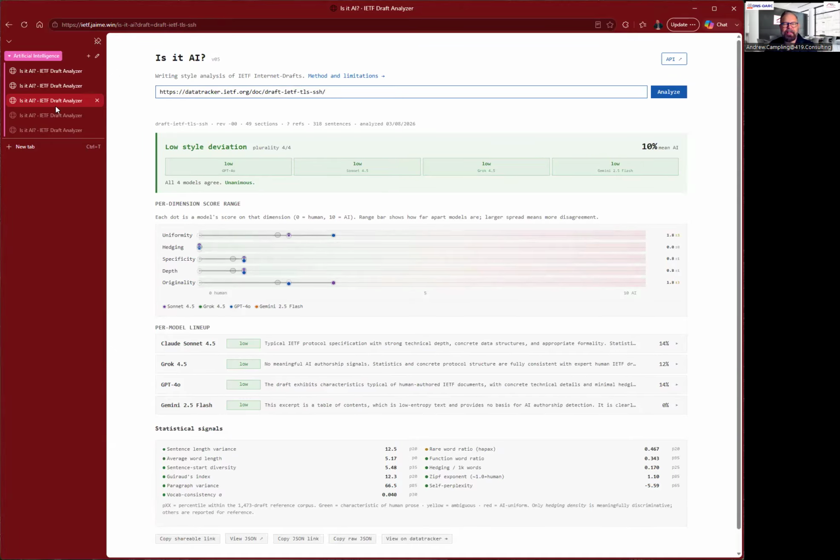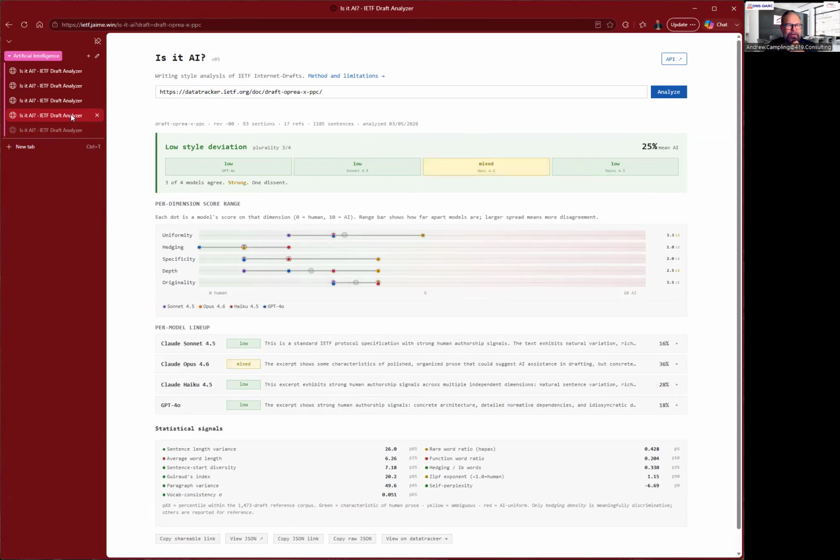I looked at a really old draft, and that came to a 10% score of likelihood of being AI, which is highly likely because I think this was written something like 1994, so predates any meaningful AI in this context. Conversely, I looked at quite a chunky draft that was put forward in Shenzhen that came up with a 25% score, so starting to get towards might be AI, but probably human.